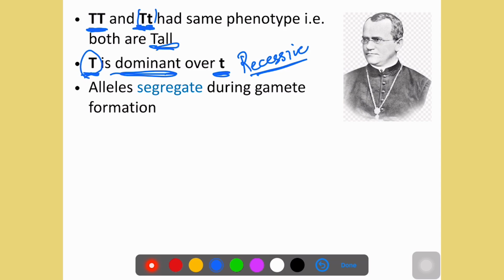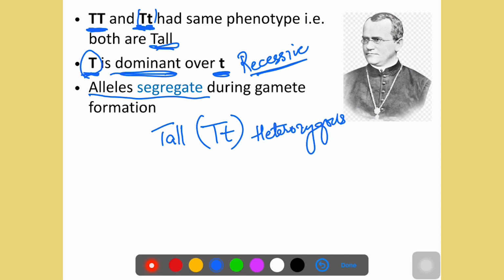And another important thing is, Mendel said that during the gamete formation, the alleles segregate. What does it mean? I will explain over here. Let's say there is a tall pea plant, right? And this tall pea plant has got a genotype of a capital T and a small t. That means it is heterozygous, right? So when it produces gametes,